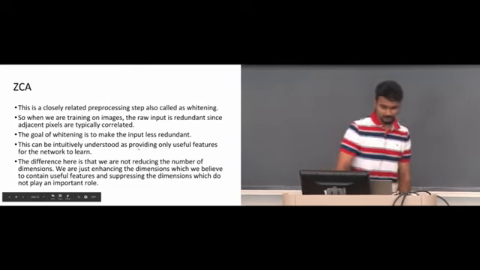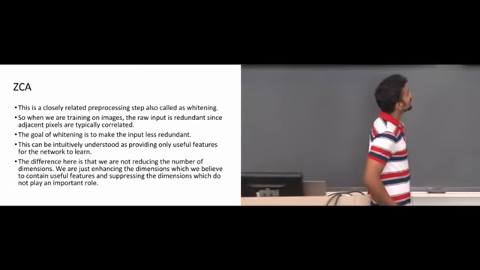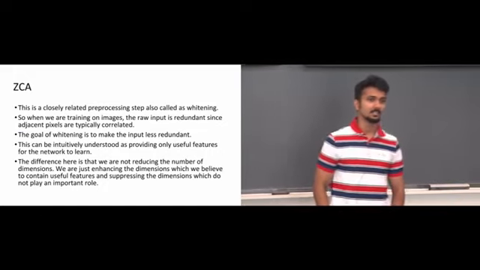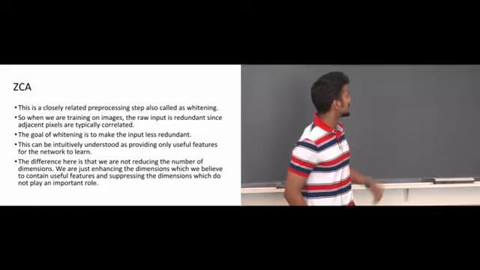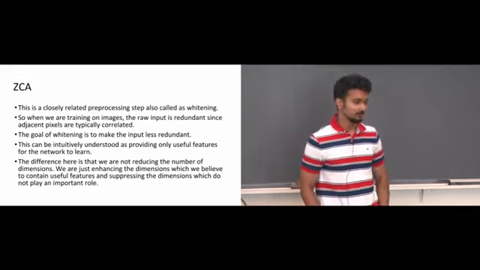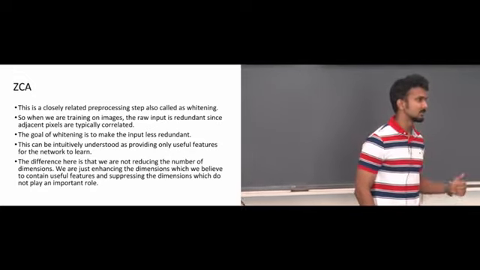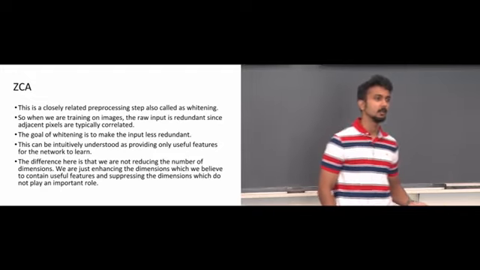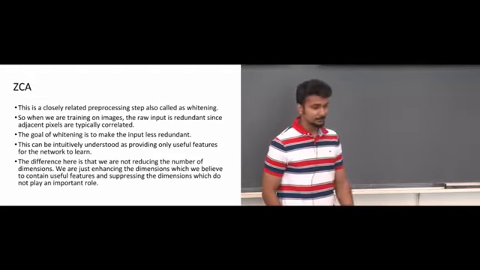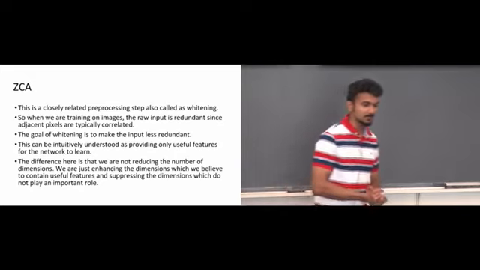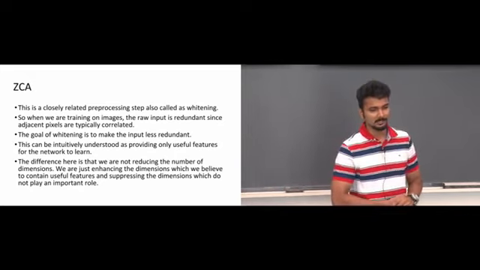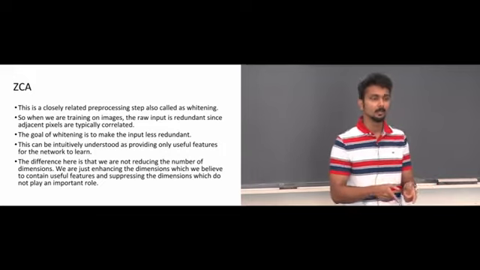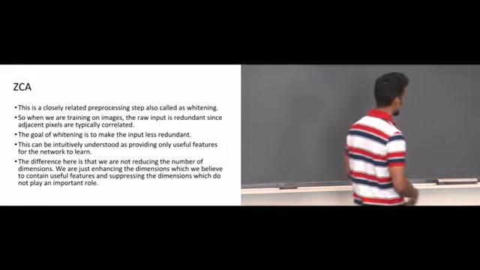And finally, we'll be talking about ZCA. So till now we spoke about methods where we can reduce the dimensionality of the data, but ZCA is something different. The reason we are speaking about it is it is the first part of your second assignment. ZCA is a pre-processing step that helps the network focus on areas that are actually important. For example, if you have an image,